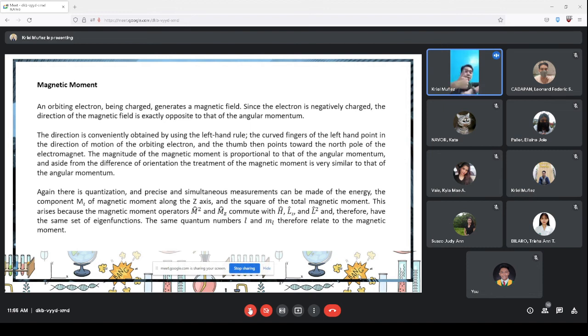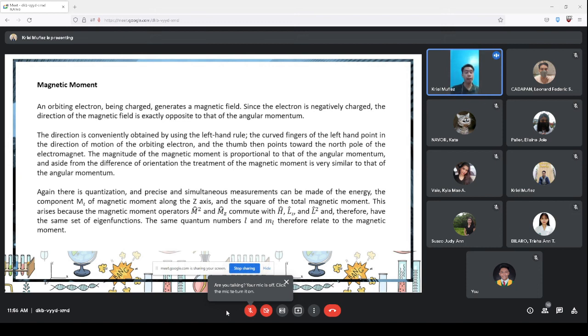Okay? So yung angular momentum natin nakataas naman pag ganun. Kapag naman clockwise, naka-up naman yung ating magnetic moment. Okay? And then nakababa naman yung ating angular momentum. Okay? So yeah, yun lang naman yun. Pero obviously similar lang, class, magkaiba lang sila ng orientation pero similar lang yung treatment natin for magnetic moment